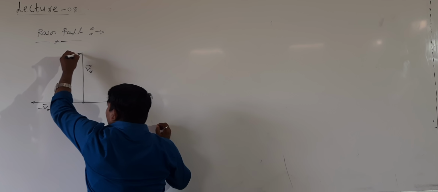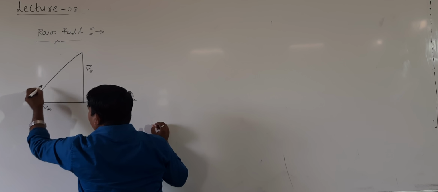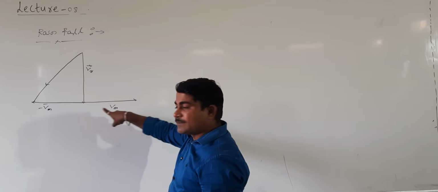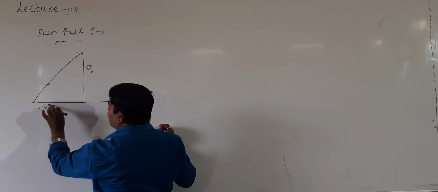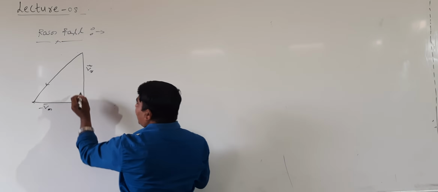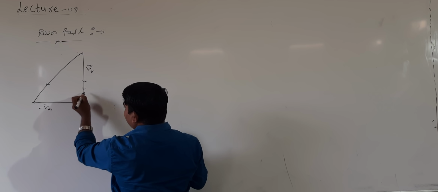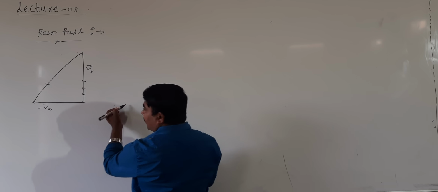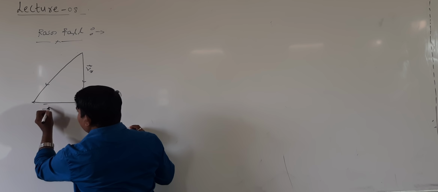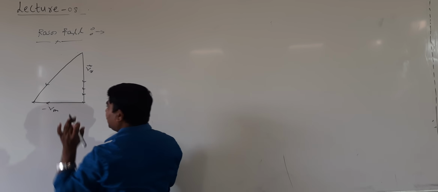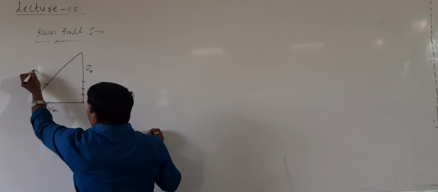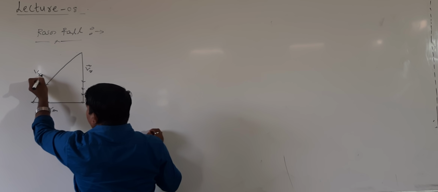This can be joined by the triangle law of addition of vectors. This is the resultant. Actually the person is going in the positive direction, but I am taking the velocity in the negative direction to represent the relative velocity. Right? The rain is coming down like this in this direction. I am taking the reverse vector with the negative sign here. In this direction the person is walking. Right students? Then what about this? This represents the resultant velocity. What is the resultant velocity of rain with respect to person?